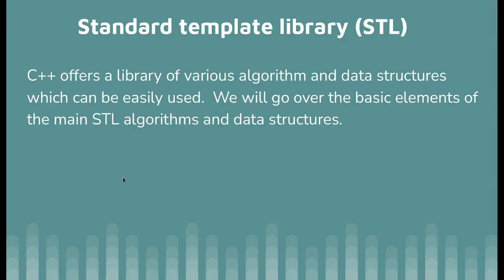So what are the types? The main aspect and advantages of the STL are that we have the possibility to use dynamic arrays, which are the vectors. Vectors are basically like the C arrays, but they allow a lot more options. We will see them in the next slides. Basically, they are a much better version of C style arrays. Also, you can use C style arrays in C++, of course.